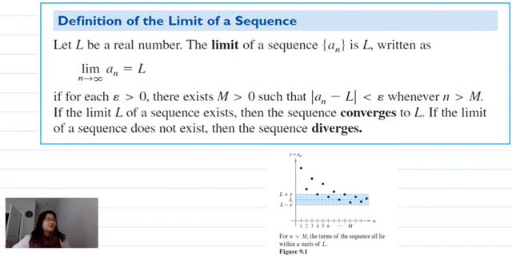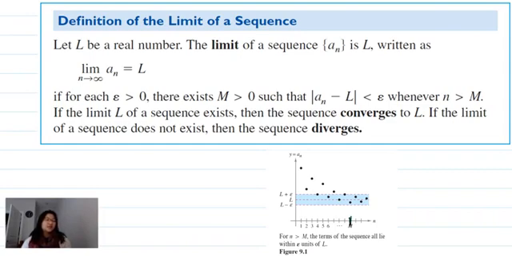So we're going to let L be a real number. The limit of our sequence is L, written as the limit as n goes to infinity of a sub n equals L, if for each epsilon, so epsilon is a change in your y value, there exists an m greater than 0, so a certain x value,